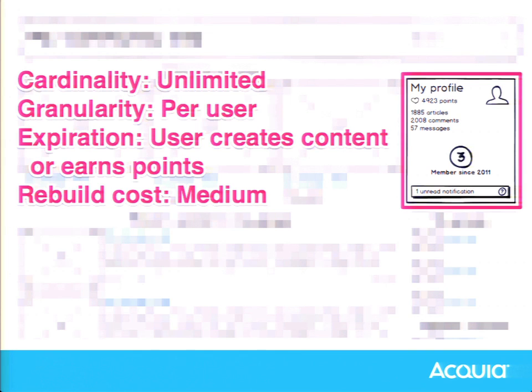So if they create a post, if they do something that gets them points on the site, or if they get a notification, and we don't want to sidetrack too much, but notifications might happen really frequently. So let's not even make them a part of the block cache. Maybe we rely on an external service for that. So the rebuild cost becomes not low and it's not high, but there is value in caching it because we're only looking at the home page, but we might have a bunch of places on the site where we show user profile blocks. And it might be valuable for us to cache this thing.